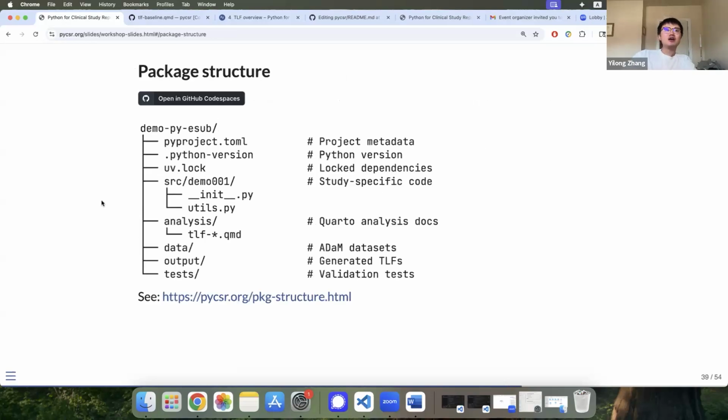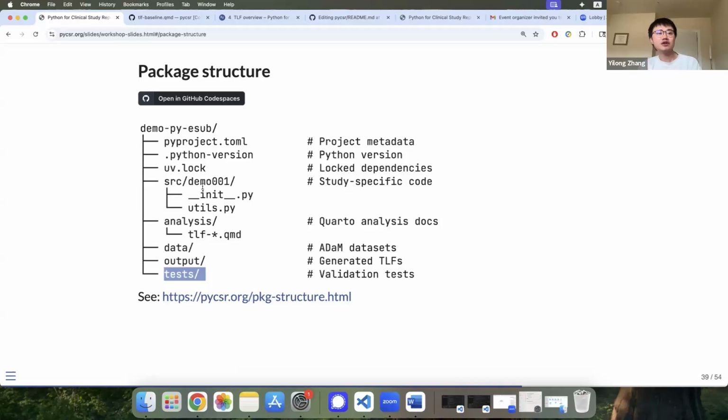So first, the project, like we briefly touched on in the first part. What we are thinking is a folder structure starting with the Python package, but adding some additional necessary folders to organize the information, right? So we are thinking of having a data folder and an output folder, and also the test folder that's always needed. So you can store your source data, output, and some validation code in those parts.